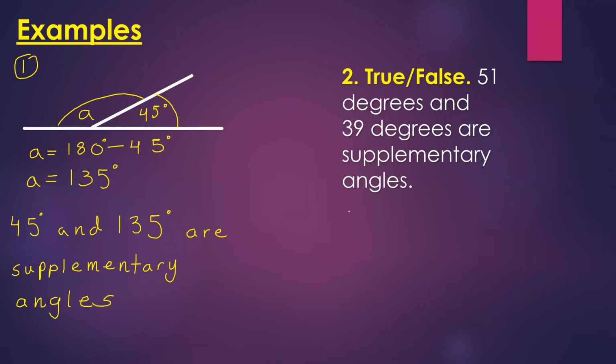Why do you say false? Because it doesn't equal 180 degrees when you add them. Very good. What type of angles are 51 degrees and 39 degrees though? It's not supplementary, but what is it? Complementary. Very good. They are complementary angles. And so if we add 51 and 39,